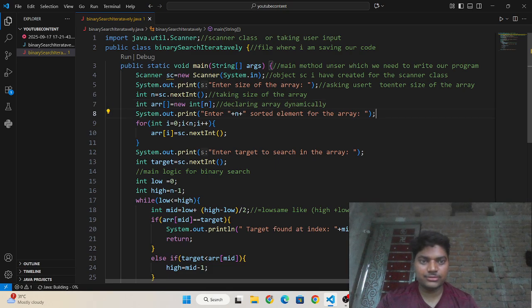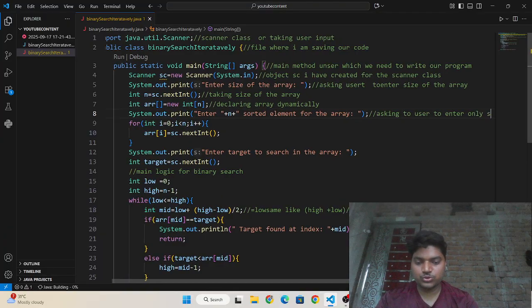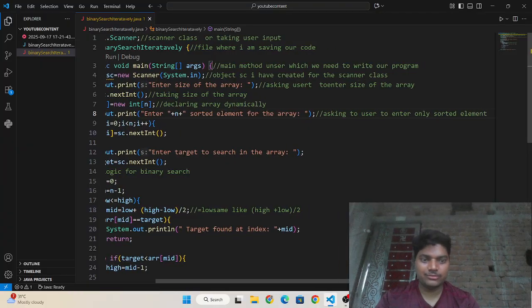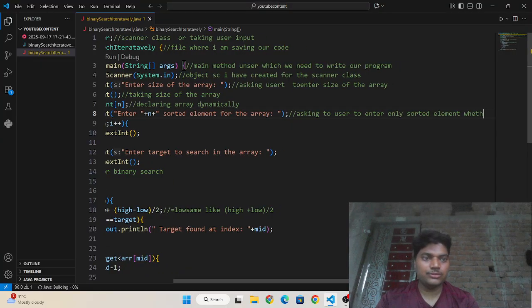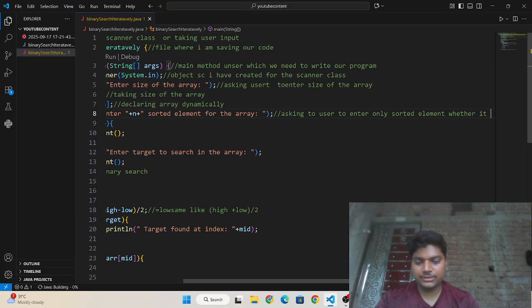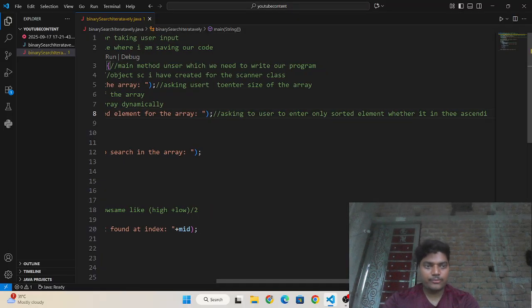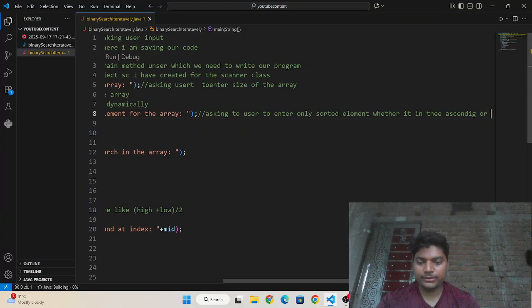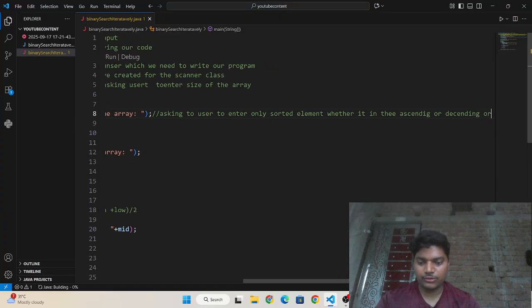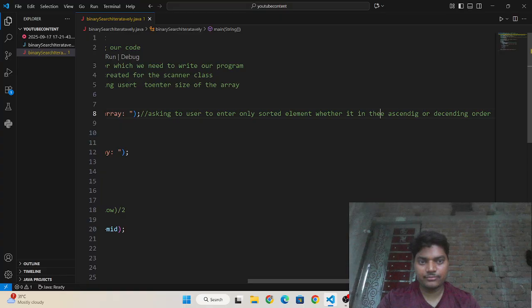Here I'm asking user to enter only sorted elements, whether it is in ascending or descending order.